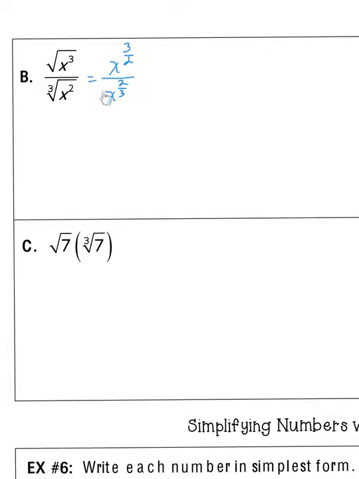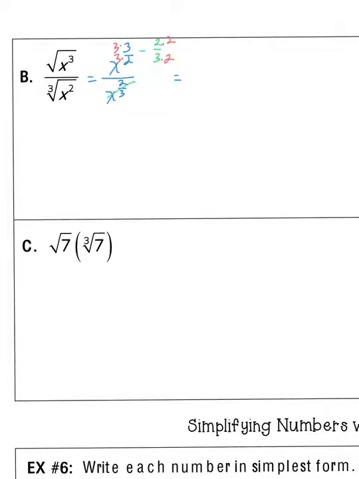Now we are dividing like bases, so we subtract the exponents, but you want to subtract where there are more. Since 3 halves, which is 1 1/2, is bigger than 2/3, we want to subtract up in the numerator. So all of these are going to subtract up here. Now I need to have like denominators. If you multiply 2 times 3 together, you get 6. So I'm going to make both denominators 6. 2 times 3 is 6, so I have to multiply the top up here by 3. And then 3 times 2 is 6, so I have to multiply this numerator by 2 as well. So I end up with,